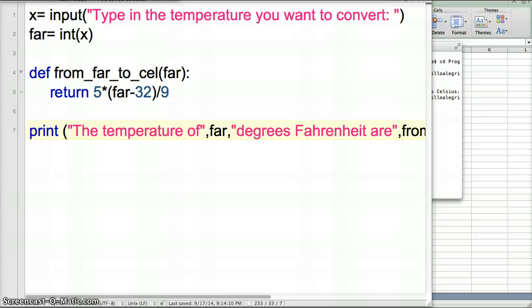Hi, today we're going to learn how to use the if conditional. Here I have code that is used for transforming from Fahrenheit degrees to Celsius degrees. So here is my function, and what I'm going to do next is